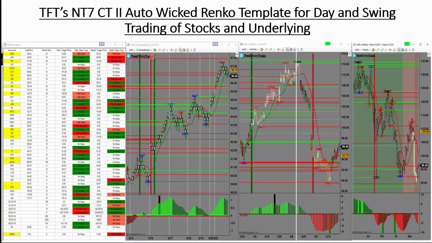By the way, this is automatically calculated every day based on the volatility. It changes the Renko sizes automatically. Okay, so we've got this pretty much worked out. We don't have this worked out intraday for futures yet, but it's one of the things we're working on. So this all comes standard with the CT2 package. Okay,